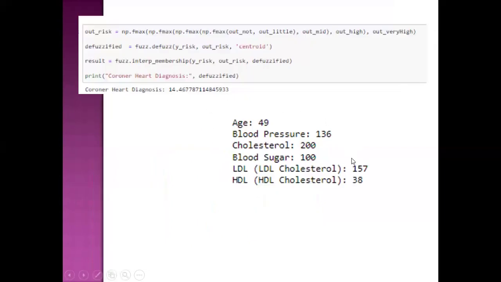So this was our present case. The case was aged 49 years, with blood pressure 136, cholesterol 200, blood sugar 100, LDL cholesterol 157, HDL cholesterol 38, and the coronary heart disease diagnosis risk is 14.46. So this is a crisp